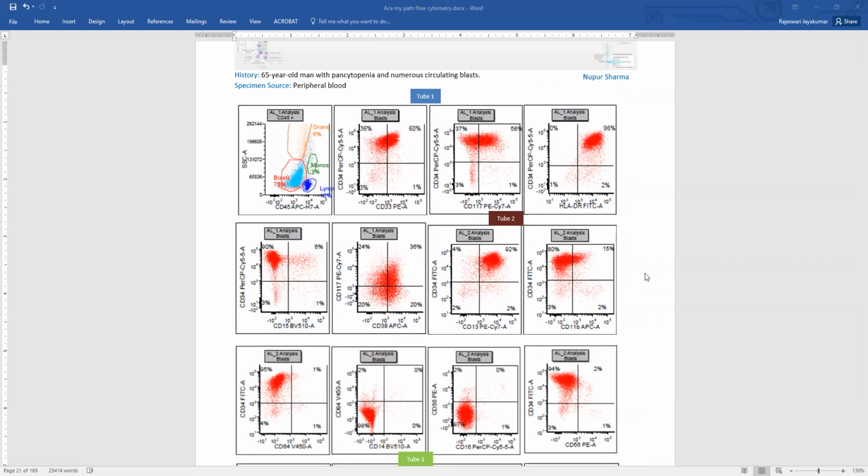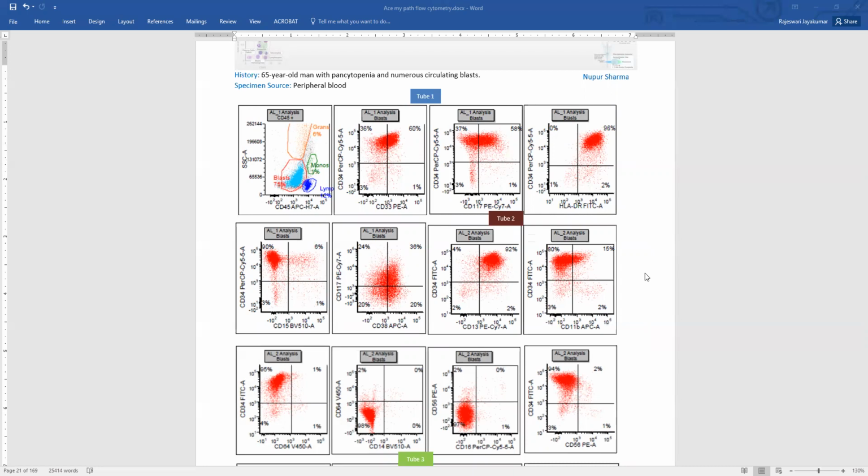Although we do not use flow cytometry to quantitate the number of blasts, we have to always rely on the differential count. If it is peripheral blood, your counts on the peripheral blood smear, or if it is bone marrow, your bone marrow aspirate counts. Those are the most reliable specimens to obtain your blast count. But because we see in the history that there are numerous circulating blasts, and also we have 75% of the cells in the blast gate, we can top line our flow cytometry report here as